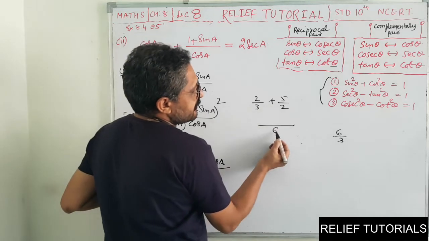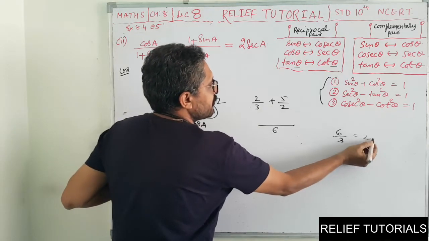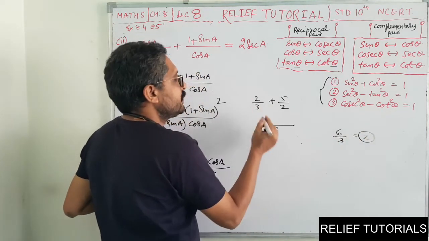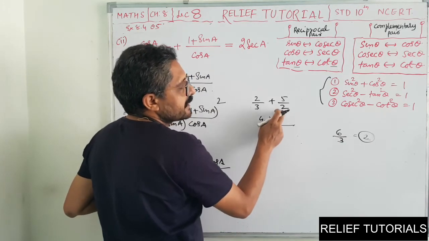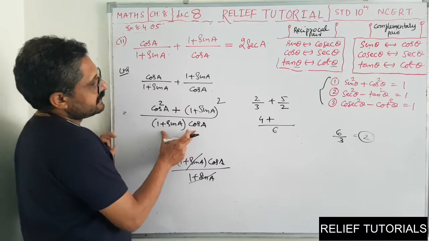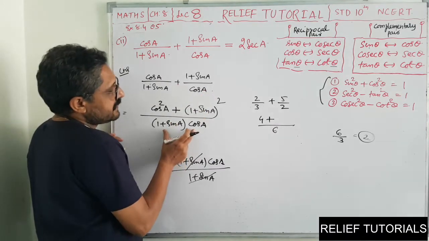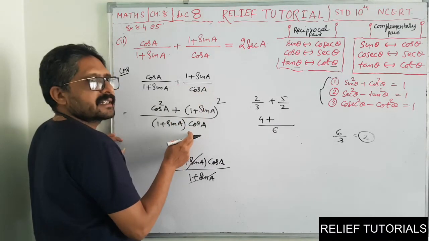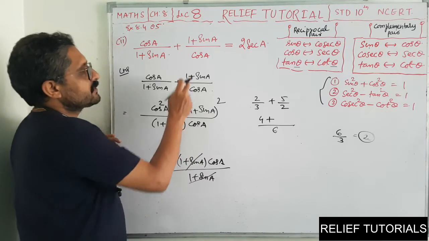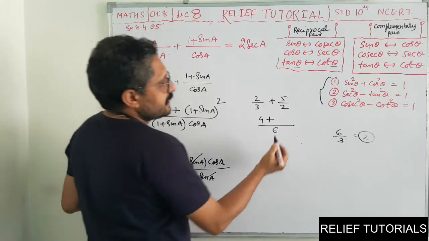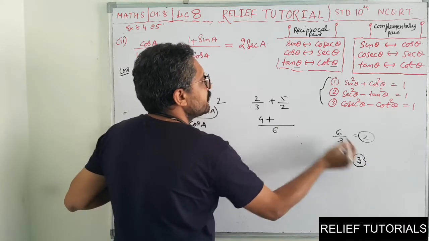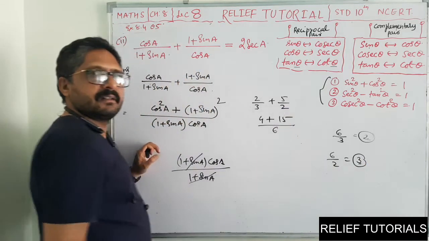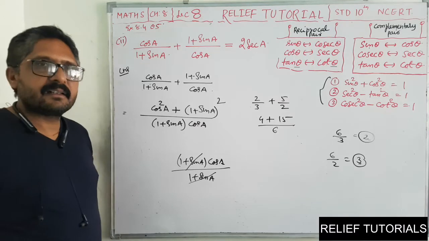Okay. See here. 3 to 6 LCM. Now 6 divided by 3, you will get 2. Now you multiply this 2 with the numerator. 2 into 2, 4. Plus, what you will do? You will divide this LCM by this denominator. Here also you divide this LCM by the denominator. So if you divide this LCM by the denominator, cos A will get cancelled. You will multiply this with the numerator. Same thing, 6 divided by 2 is 3. You multiply this with the numerator. 3 fives are 15. Same thing we are applying here. Clear?